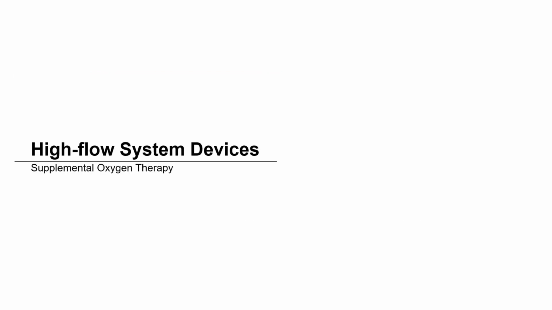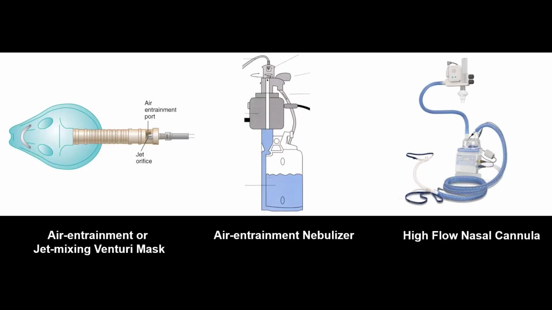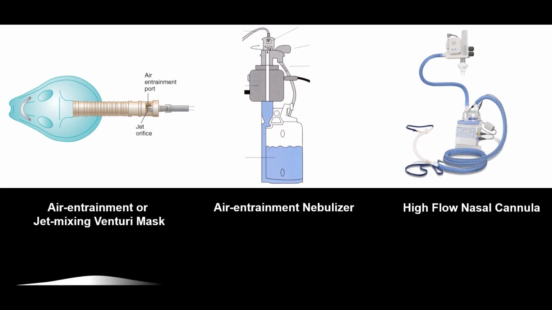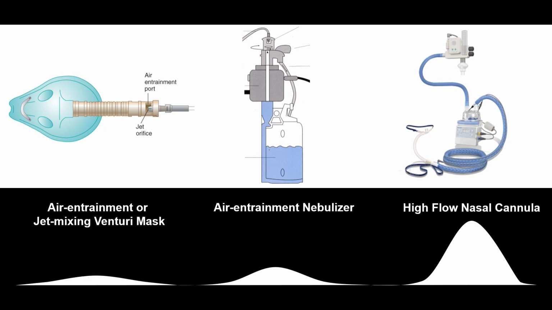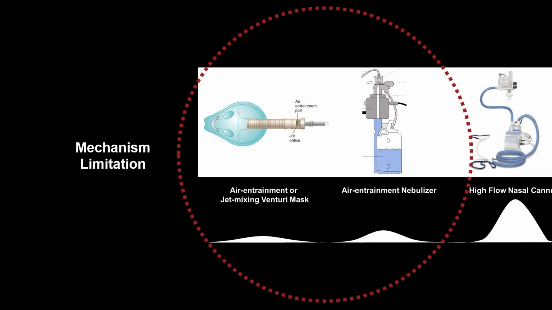Next are the high-flow system devices. These include the Air-entrainment or jet-mixing Venturi Mask, Air-entrainment Nebulizer, and the high-flow nasal cannula. Recently, the frequency of Venturi Mask usage has been quite low, with the Air-entrainment Nebulizer seeing a slightly higher use. As many of you know, the use of the high-flow nasal cannula has been rapidly increasing. Despite their low usage, understanding the mechanism and limitations of the Venturi Mask and the Air-entrainment Nebulizer is important in